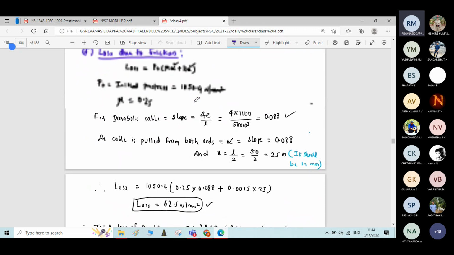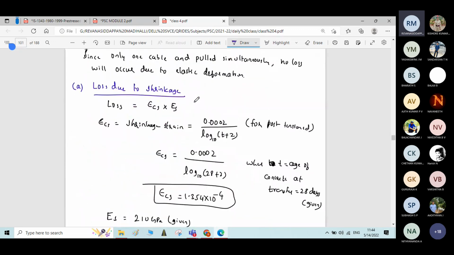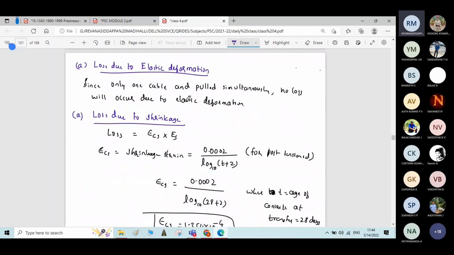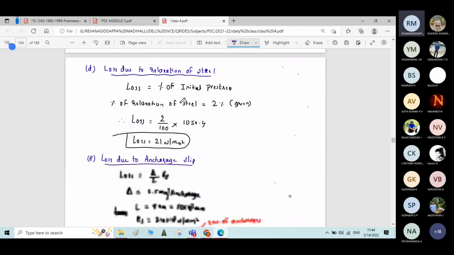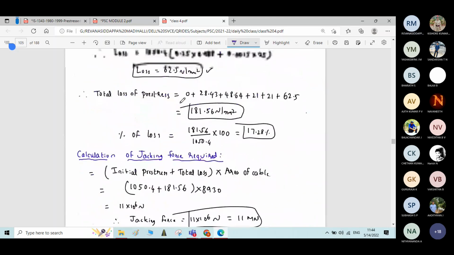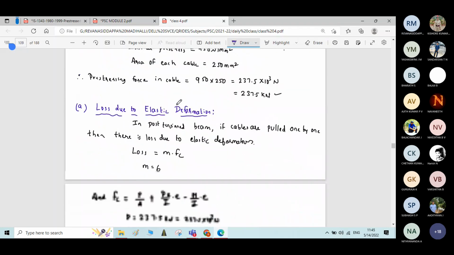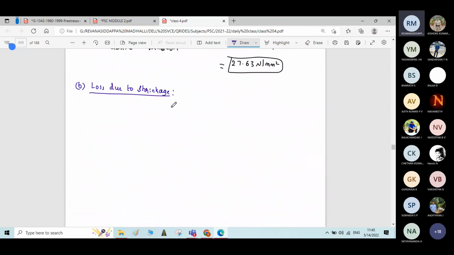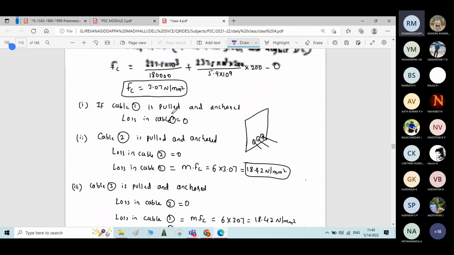Total six losses will come in a post-tension concrete beam. See here: loss due to elastic deformation, the second one is loss due to shrinkage, the third is loss due to creep, relaxation, then friction. All these we need to calculate. For calculating loss due to shrinkage,